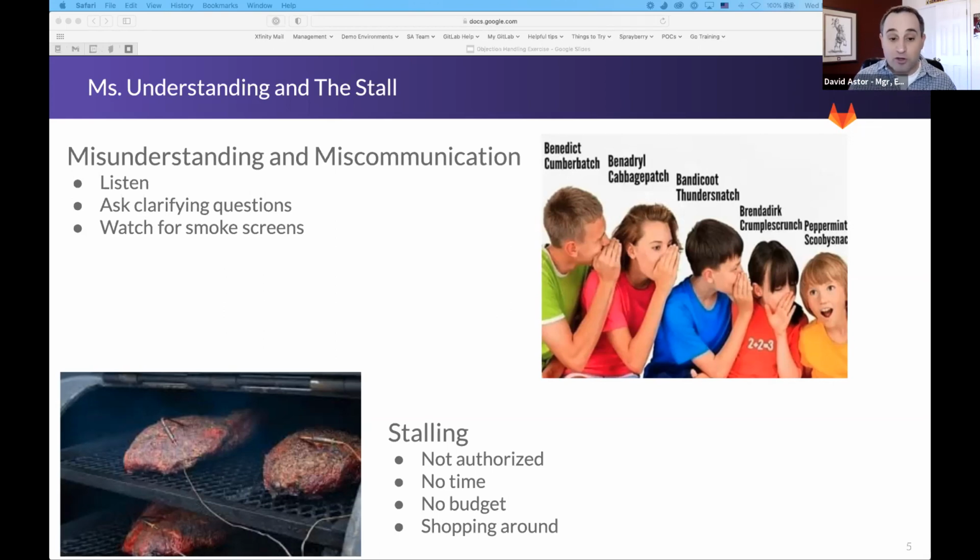But much like in the barbecue world, there are ways of mitigating the stall. And usually this just involves, as we talked about, again, asking more questions. Oftentimes they don't want to make a decision, so stalling helps them avoid this, right? An example of this may be they're not authorized to make a decision. So they're keeping you at bay by just saying, well, we'll keep talking to you about this. And you can handle something like that by asking, well, who do I talk to? Again, that's a rather simple way to get through that.